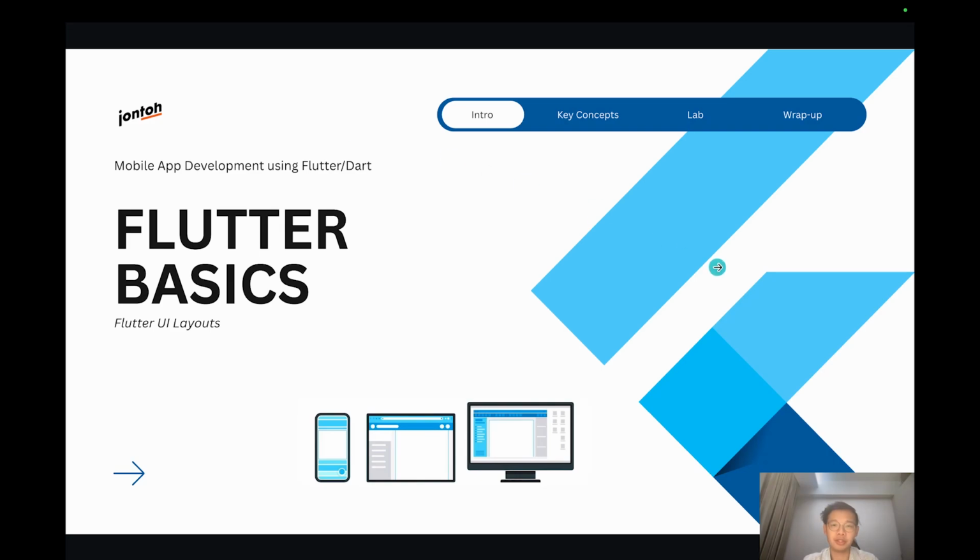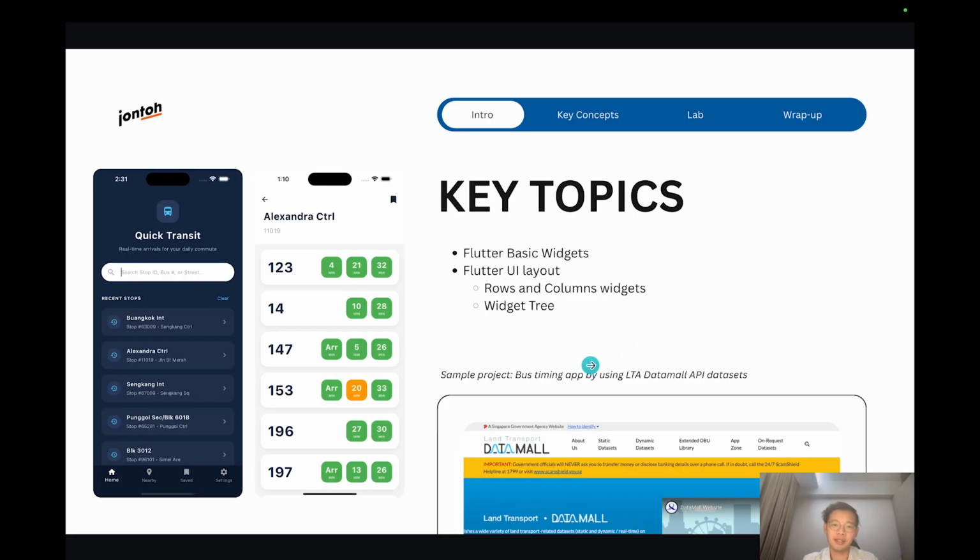Hi everyone, my name is Jonathan, and in this 10 minute video we'll be running through the basics of Flutter UI layouts. We'll be using this sample project as a reference, and we'll be building this small part of it, displaying the bus number and the arrival timings. We will utilize these very commonly used widgets called rows and columns. We will try to understand the differences between them, and we'll build it